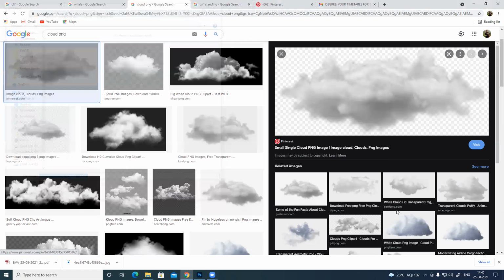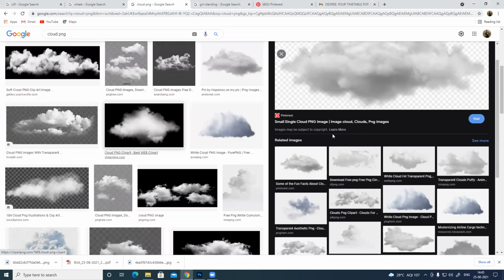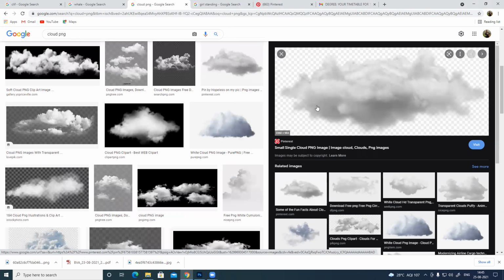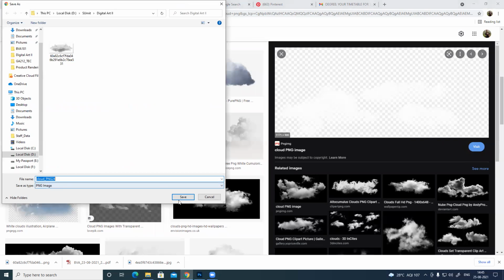Yes. Make sure while saving that it's a PNG format. If it says JPEG or any other format, that means it doesn't have any alpha. It's just a preview of the actual PNG. Okay, PNG.